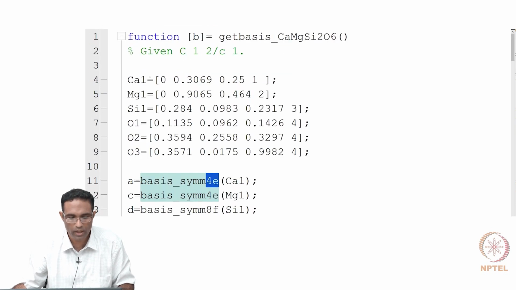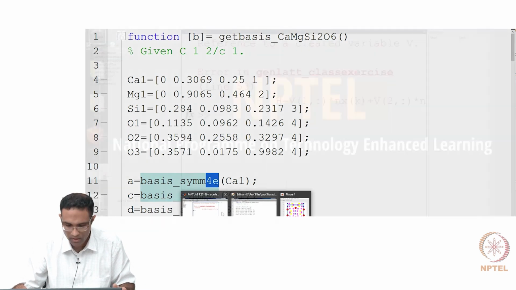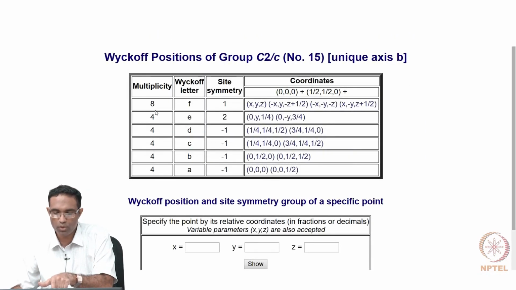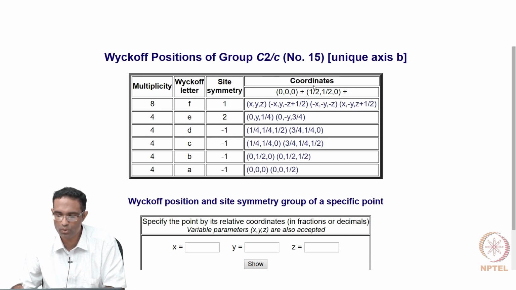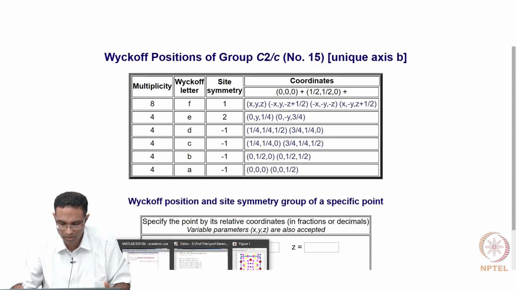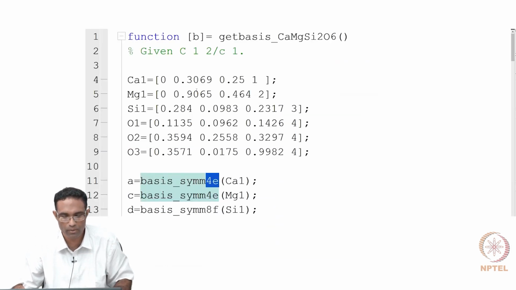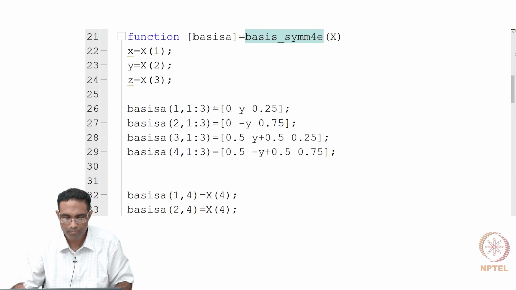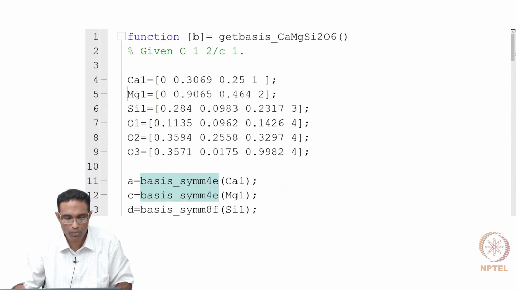Similar, or you can actually give CA2, since it only contains 2 points, you don't necessarily have to write a separate function. Like for example, how many points does 4a contain? It contains 1, 2, 3 and 4 points, right? If you don't want to define the 4 points, you can simply give all the 4 points as a concatenated array for CA1, right? It's the same thing. But we will do it here slightly differently. We will give the first value and then the subsequent values will be defined in the basis underscore sim 4e function. Okay. Now mg1,